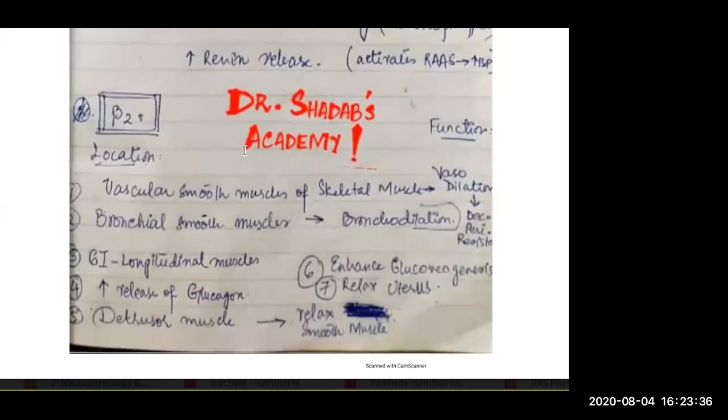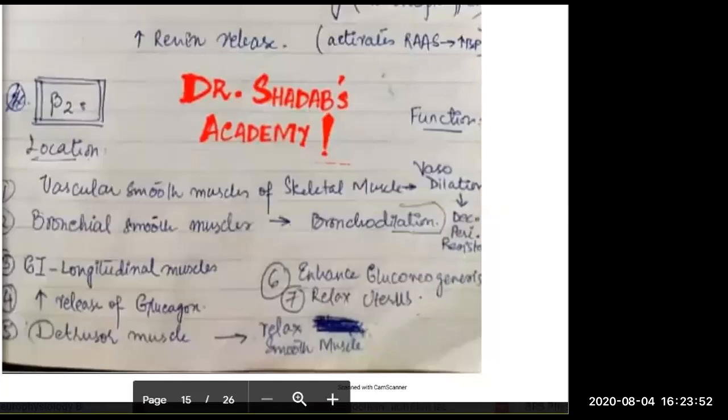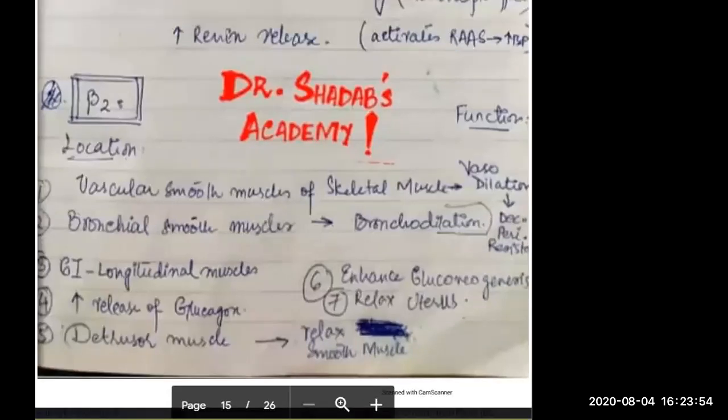Okay, but mixed in the sense that somewhere it is excitatory, but at some levels it is inhibitory. So you kind of have to grasp this concept that at some levels it is inhibitory, and most of them. So when I'm talking about the vascular smooth muscles of